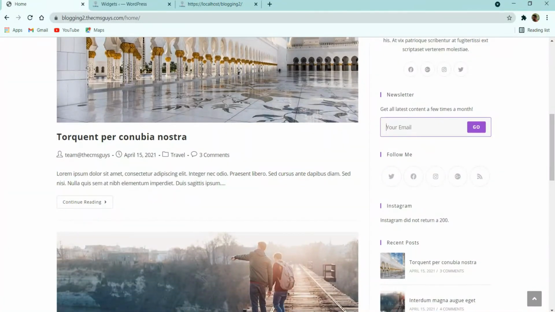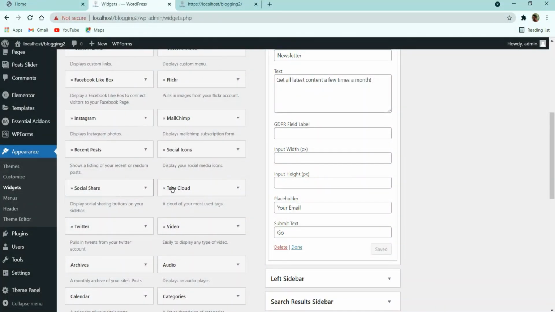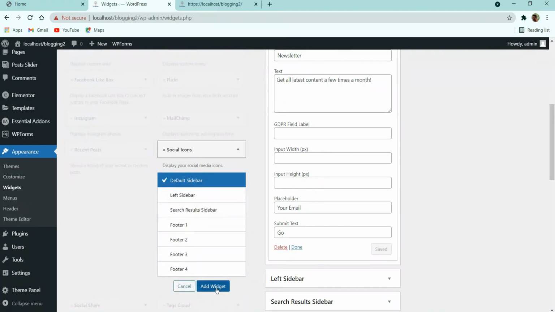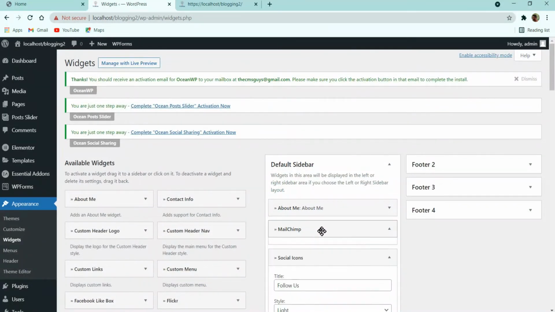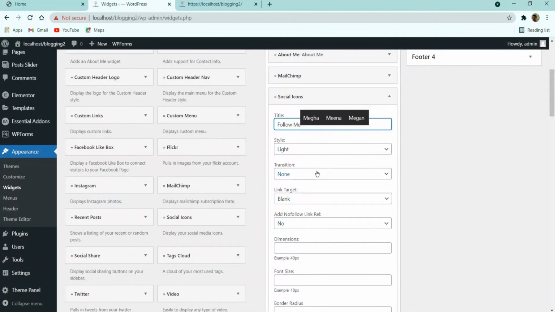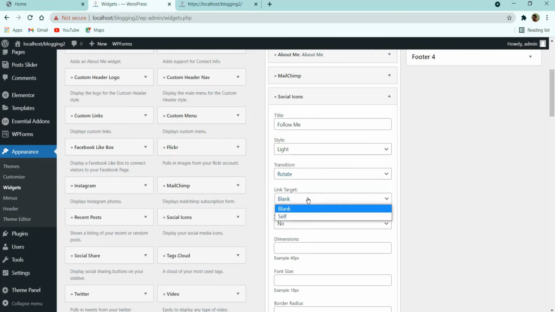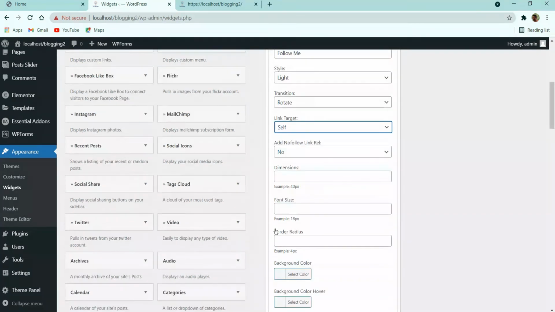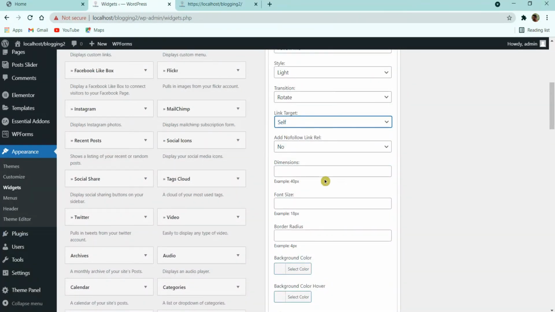After that, here you can see that we have this follow me option. So here you can see these social icons, add that after the MailChimp. In this social icon, you can set the title, instead of followers, you can set it as follow me, and then style, and then transition you can set. Let me set the transition to rotate, and then link target, let it be self, and no, none, make it no, and then here border radius, let me set it to 50%,